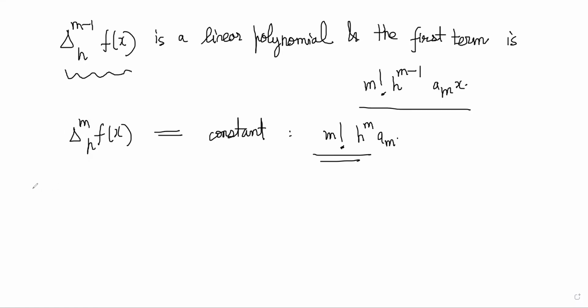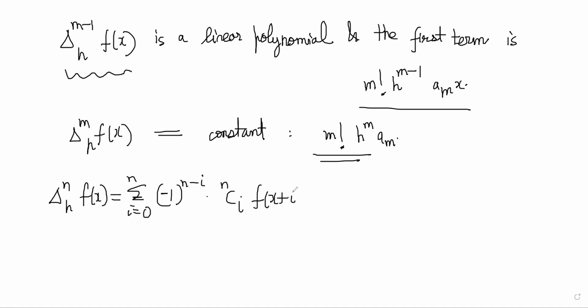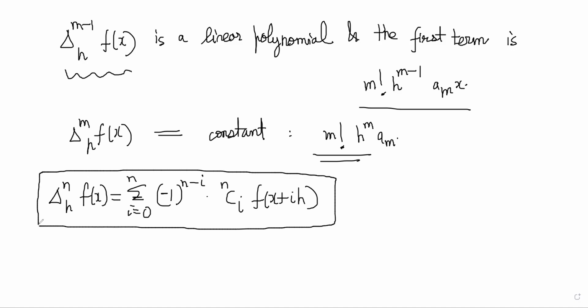Therefore, what we can conclude from here is, the original formula was delta nh f of x is equal to summation i goes from 0 to n, minus 1 power n minus i, nCi f of x plus ih. This was the original formula, and now we have taken some special cases of that formula for the function f of x, which is a polynomial of degree m, like this. We have evaluated the special case for this particular situation. So we can say that the mth order difference here is coming out to be